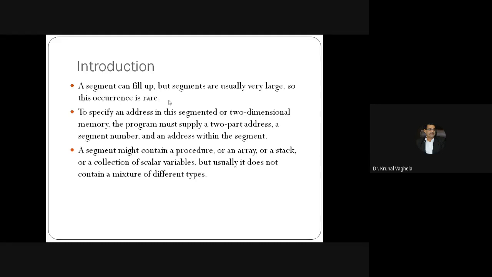But now each segment is different and all addresses start from 0. If you give only one address, you don't know which segment it belongs to, so you need the segment number. So it will be a two-dimensional array where one dimension will represent